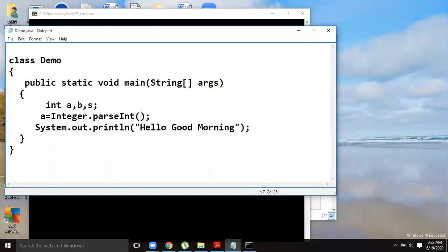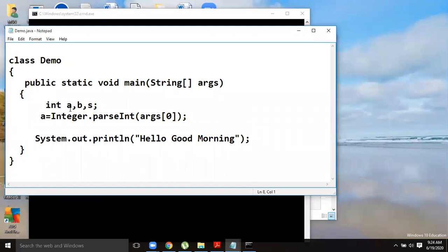So for a, the first argument I give, args[0], that first value as a string is converted into the corresponding integer type. So a = Integer.parseInt(args[0]) means whatever first argument I supply from the command prompt will be taken as an integer value and stored in a.